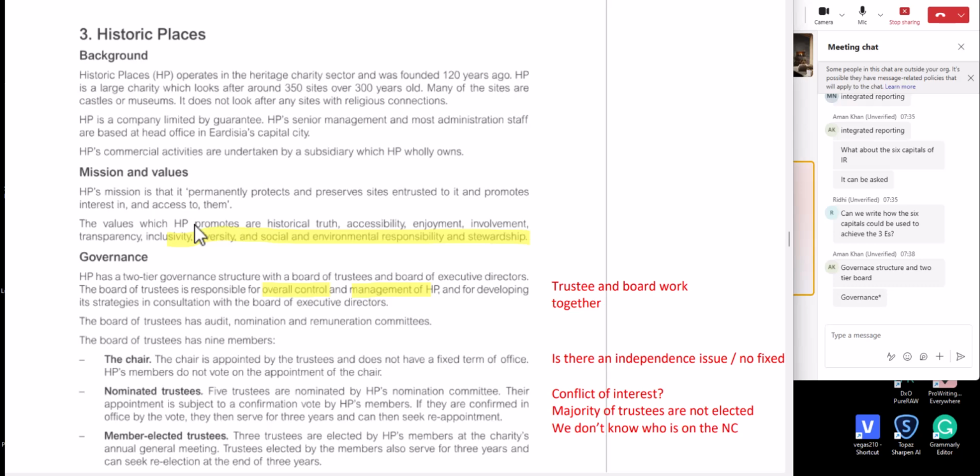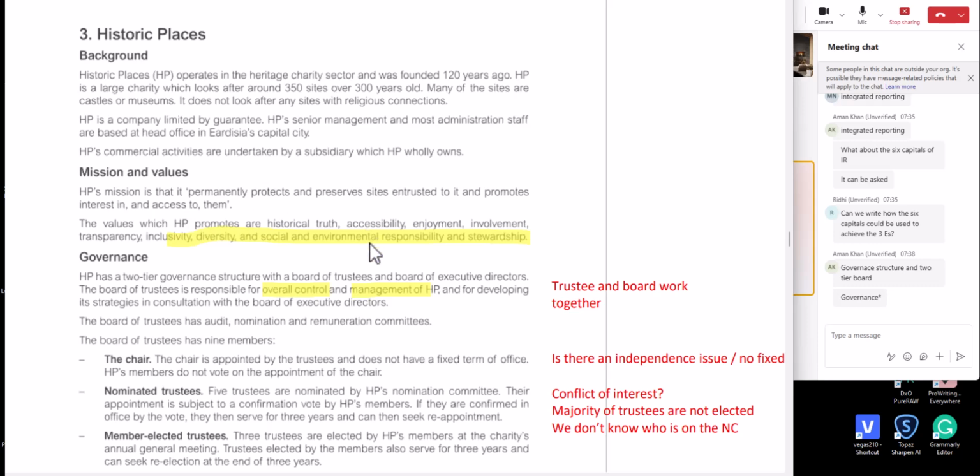If it's people who are all from very similar backgrounds, they don't have commercial experience. Diversity can be racial, it can be skills diversity as well, expertise diversity. There are lots of different types of diversity you want to consider. Especially if they're not very good commercially, you can maybe look at having more commercial expertise. So the diversity would come in the post-seen. They would give you more information on who the trustees are, and then there'd potentially be a question on diversity.